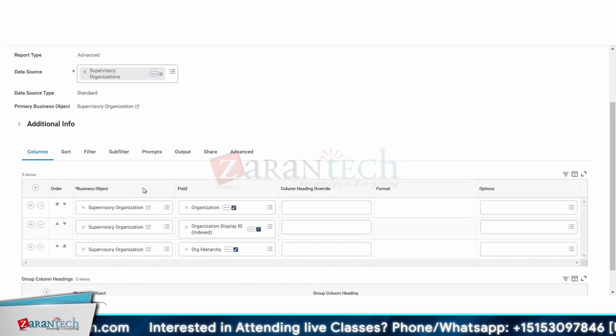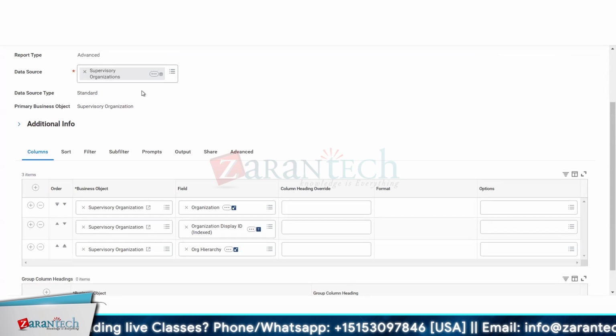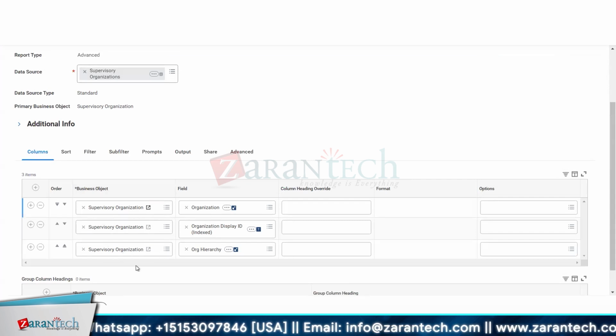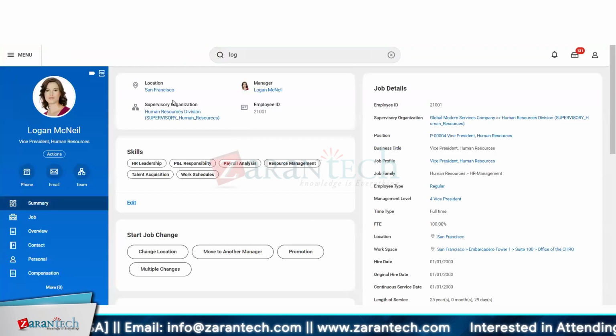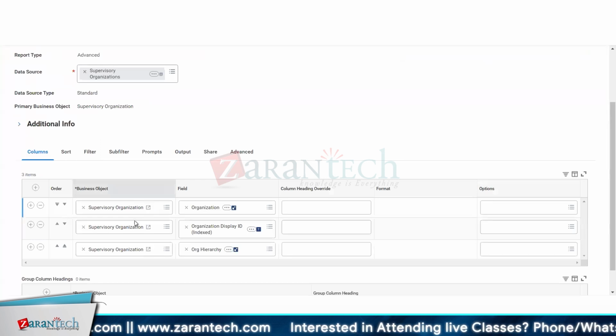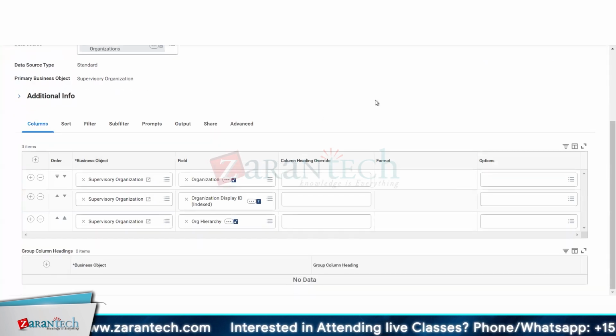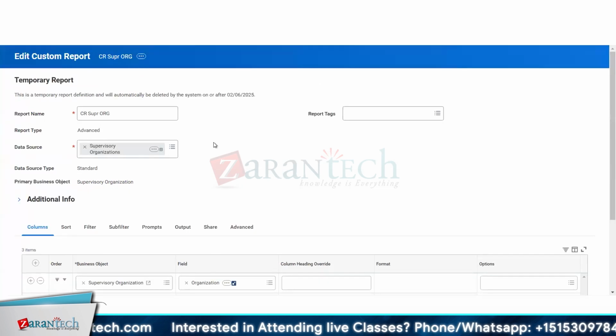Now you see certain things have already been populated. You do not have to check for the data source. It will give you the data sources you can report on, and as soon as we selected this, the business object automatically came as the instance you selected, a supervisory organization. Like on the login screen, if I go back, the vice president, and from the summary, this is the instance of the supervisory organization business object. So directly the primary business object got selected from in here, and then from this basis you can create a